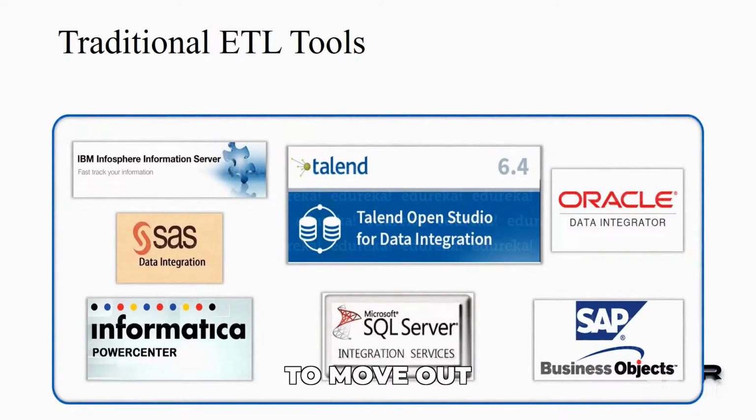So everyone wants to move out of these tools. The reason is they're not able to handle big data, right? All these tools are like a balloon. You know a balloon, right? To a certain extent you can blow it up. To a certain extent it looks good, colorful, but we really don't know when it will burst, right? But think about a parachute. A parachute is so big and can fly high in the sky. That is exactly what we are going to do. We are going to move out of this balloon and then fly our parachutes. So we are not going to use any of these tools